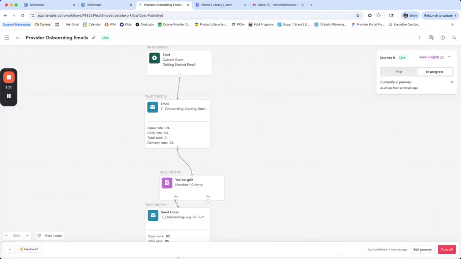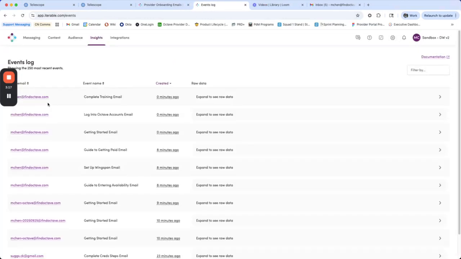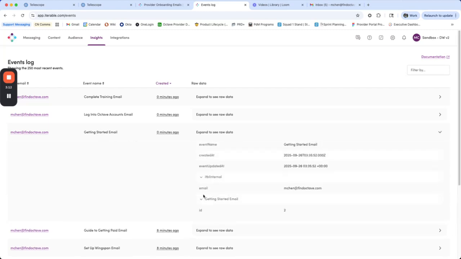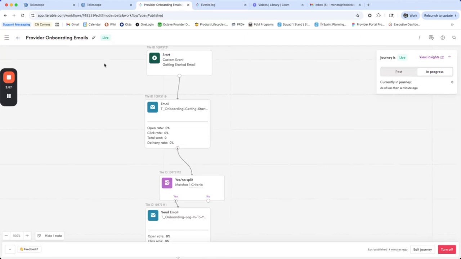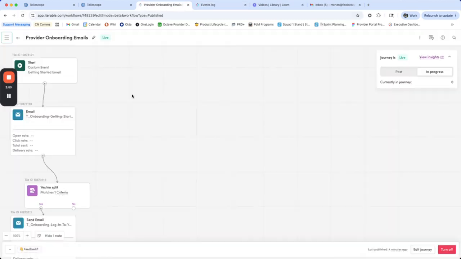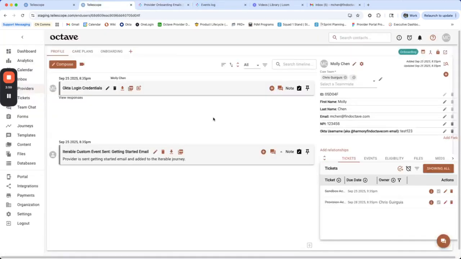If I go into the event log, I might be able to see it come through. So yes, mchat@findoctave.com was sent the getting started email with the first name, NPI, and email passed through. Let's give this one more refresh. Okay, doesn't seem to be sending yet, but in the meantime, as a provider, I will have an action item